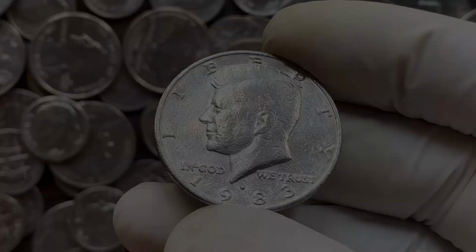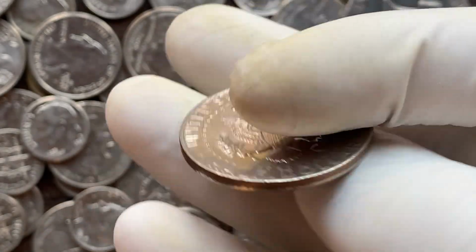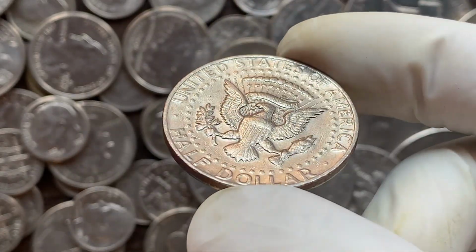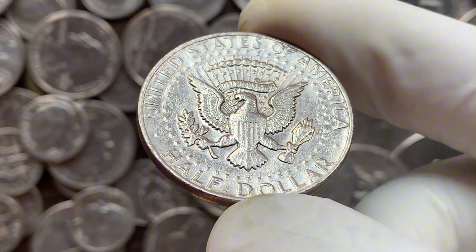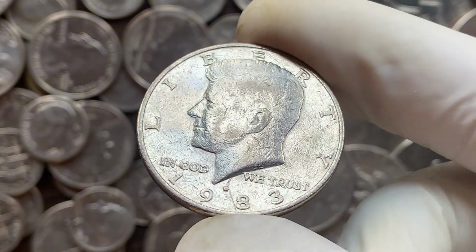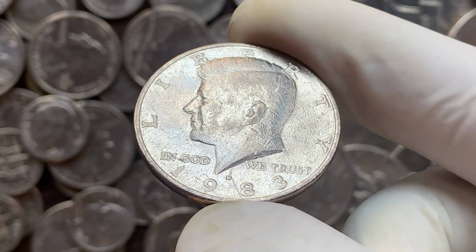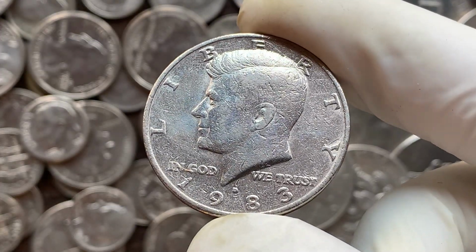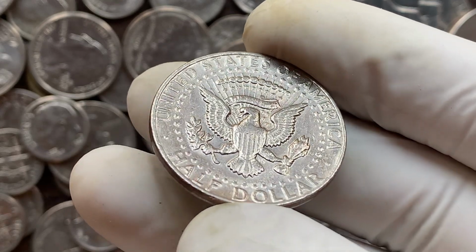Varieties linked to die wear and polishing deserve mention. Some 1983 P halves exhibit die cracks radiating from the date through the field. Others show faint die polish lines near Kennedy's hair and the eagle's feathers on the reverse. Neither variety is dramatic, but advanced collectors love them. A coin with a prominent die crack that doesn't break the rim can increase value by 25 to 50% over